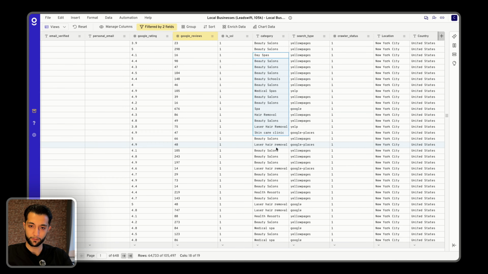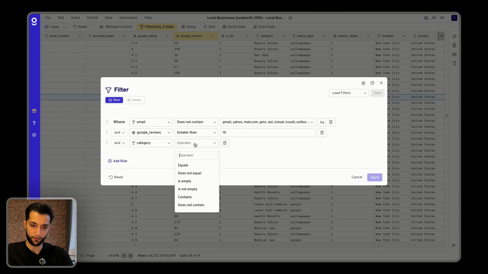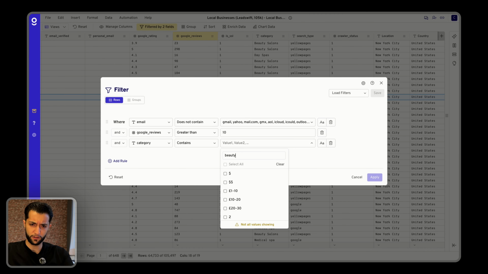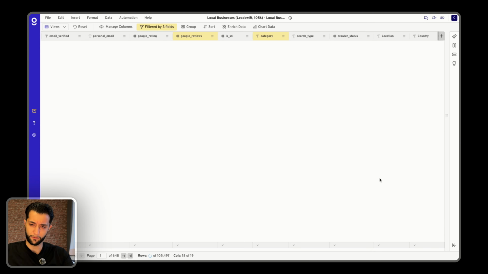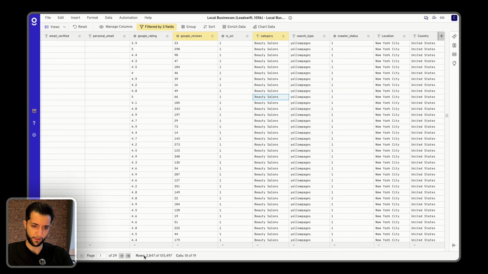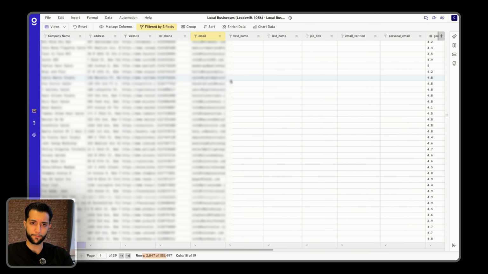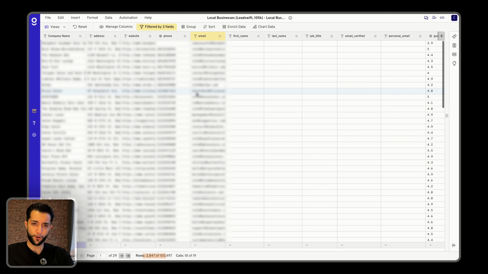So if you go back to this sheet, we will just click on filters, go to categories, and then say contains, and then we're going to say beauty, and we're just going to choose beauty salon. Just enter this, so everything that contains that will be filtered out. 2.8K businesses from the US, New York City, whatever else we have, with more than 10 reviews, no personal email